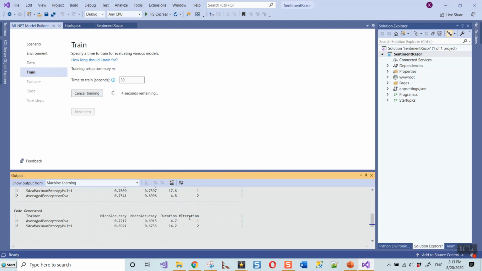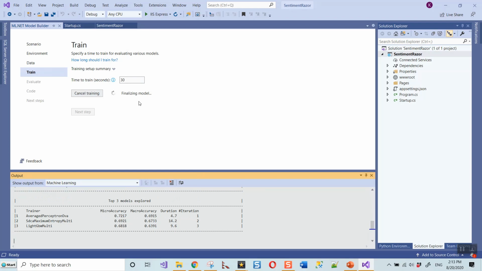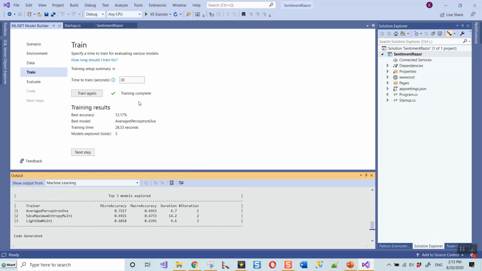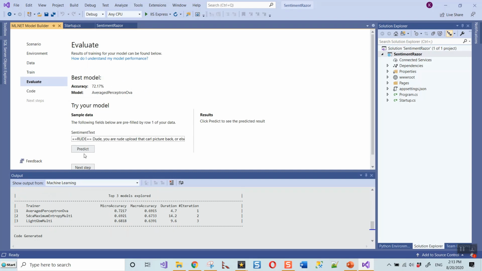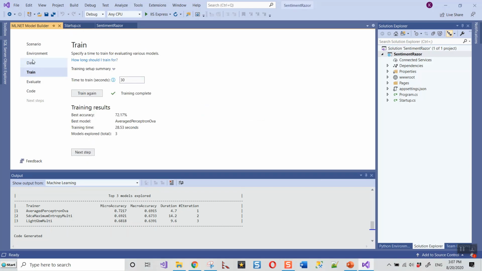So accuracy is 72.17, and the model is averaged perceptron, and the sample data is "rude". Okay, and if you click on predict, it will say it is 1, that is, it is 90% toxic. If I click the next step,